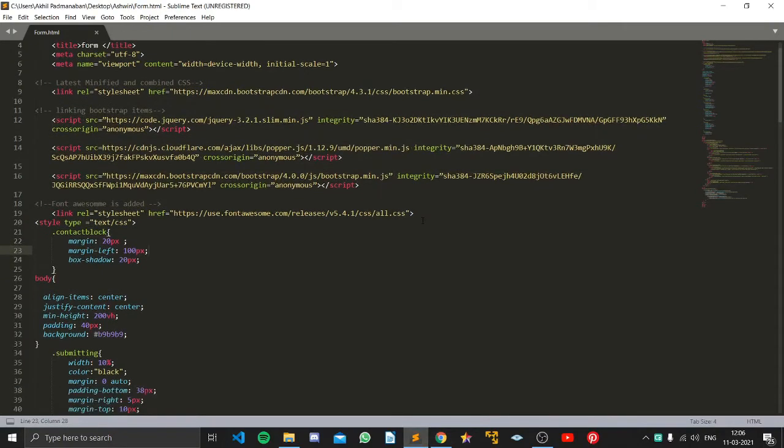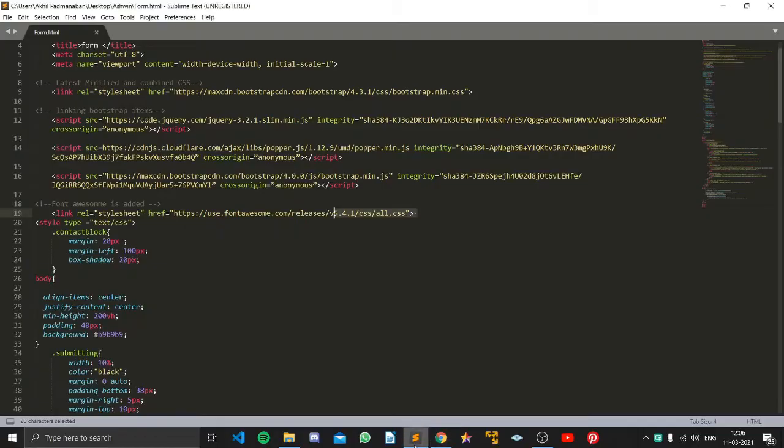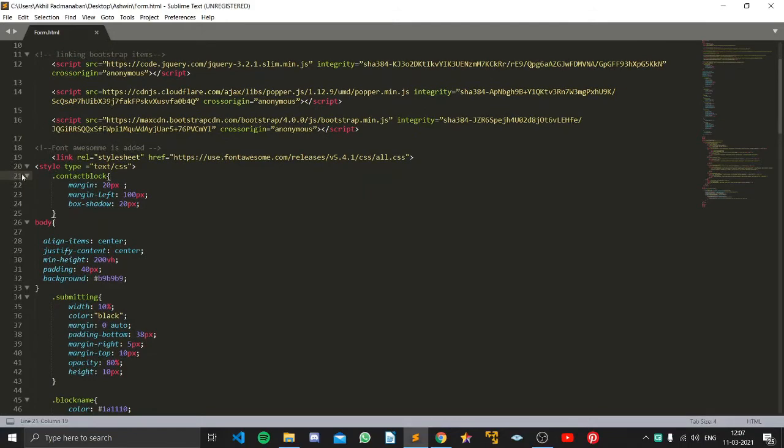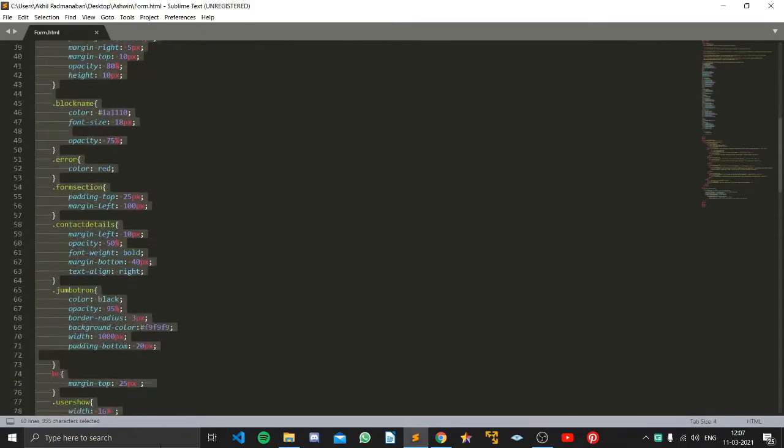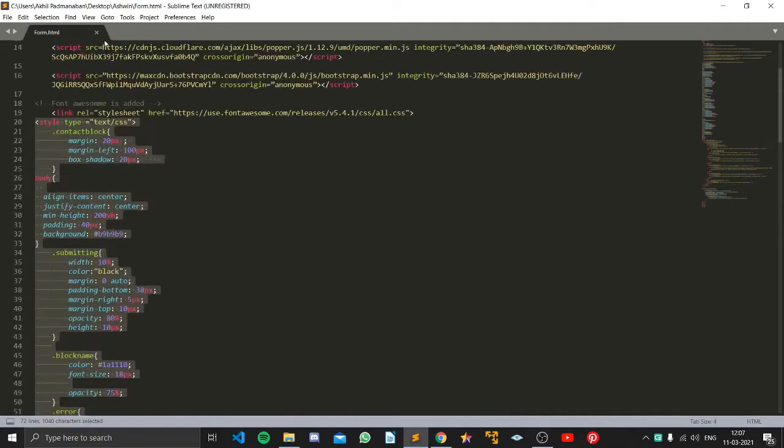Now I have added a font style because this is a different font that I have used. You can even download the font that you like from the internet. Now I am going to make the CSS part, and the function parts, inside this style tag. You can even make it in another file and paste both in a single file, but I have used it in the same code itself.